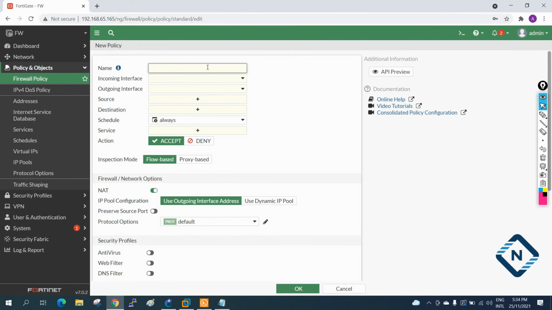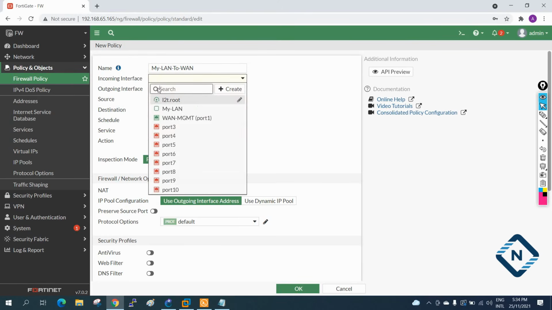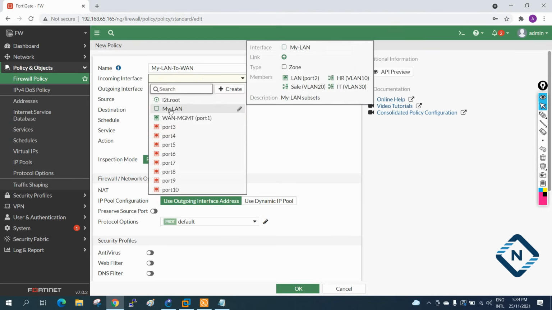I can give any name here, my LAN, or any name you like. I will give my LAN to WAN. Let me write in capitals, my LAN to WAN. I am just giving it a name so we can remember what this policy is for. And here, the interface, what is our LAN interface? We can put the zone here.